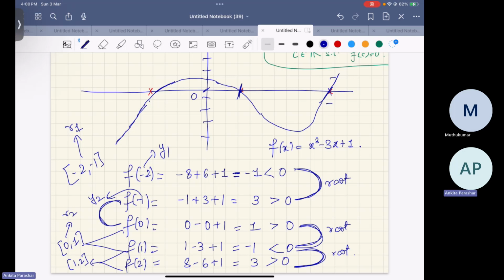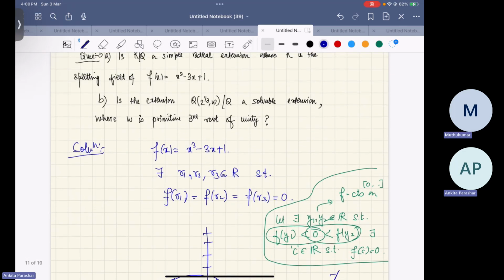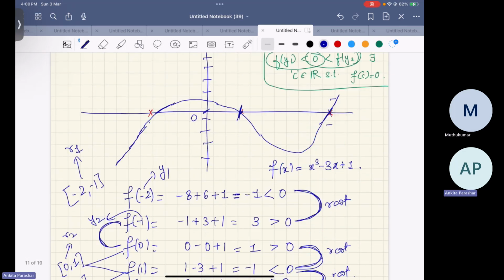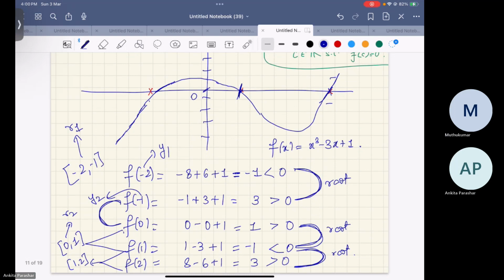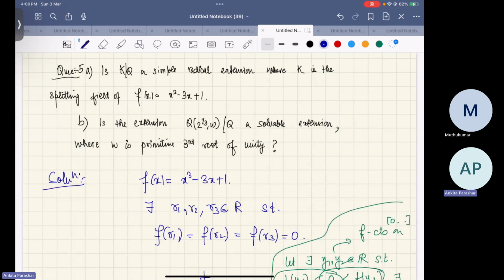And you have a degree 3 polynomial. So you got all three roots and all are distinct also. This is okay? Yes. Alright, so this is how we will get that our